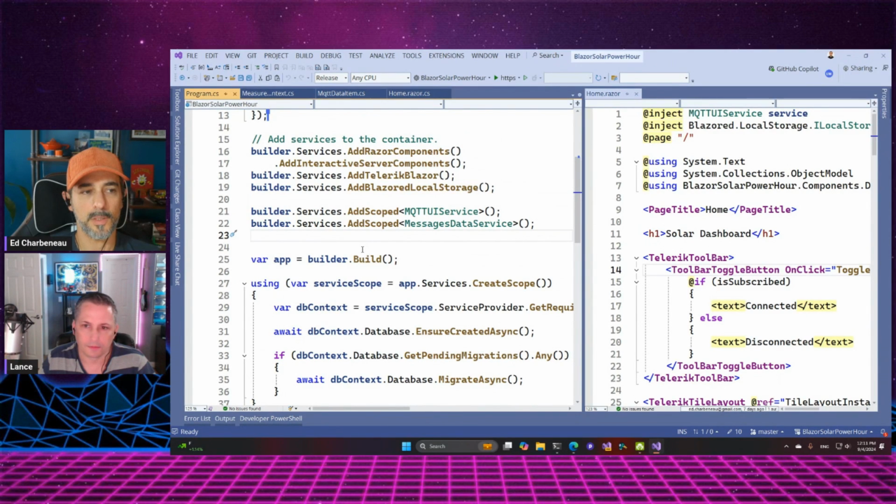Yeah, so we probably want to save all the data to the database, and then the clients would pull the data from the database at an interval that would make it somewhat live. Okay, so can we inject messages data service into the MQTT UI service? Yes, you can. So that might be the best way just to save everything, because whenever the MQTT UI service